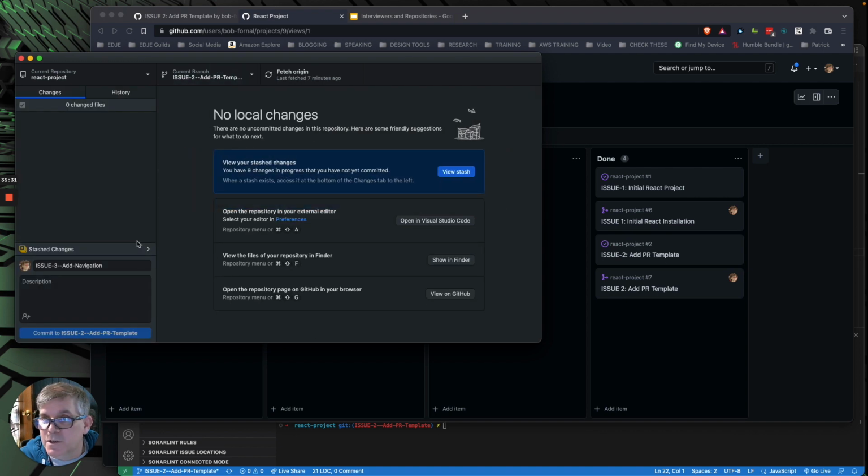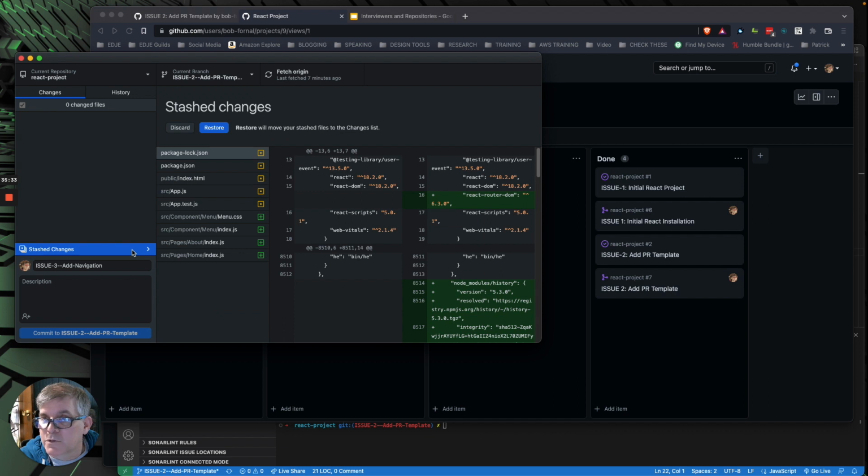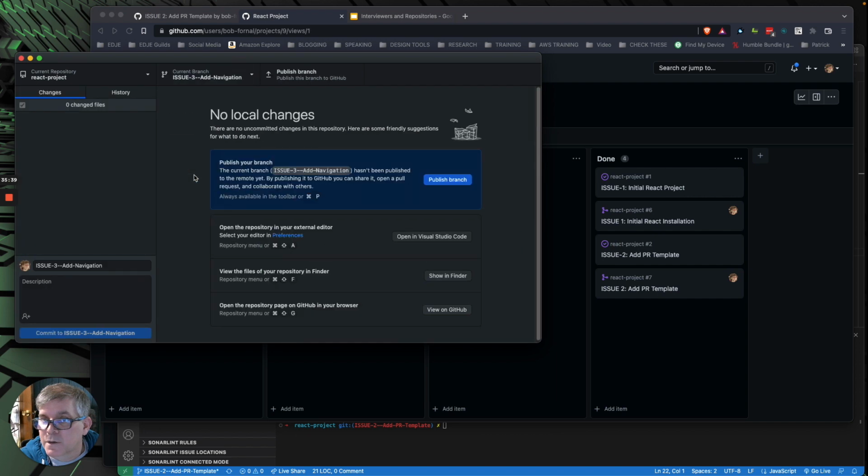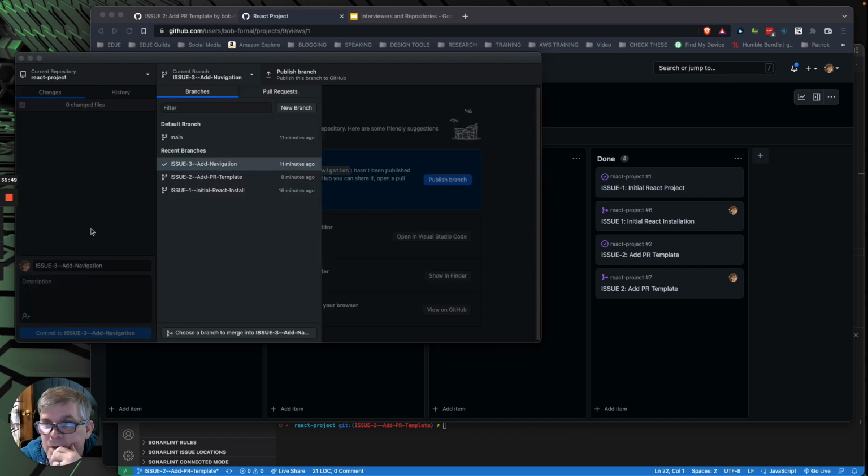We have stash changes. Yay. So what do we want to do with our stash changes? Let's see. Let's come over to issue 3 and see if we can figure out how to get those stashed changes. I'm going to pause for a second because I really didn't mean to do it that way. Hold on. Okay. I was hoping I could pull that stash change in here, and you should be able to. Okay, but here's what we're going to do. We're going to delete this.